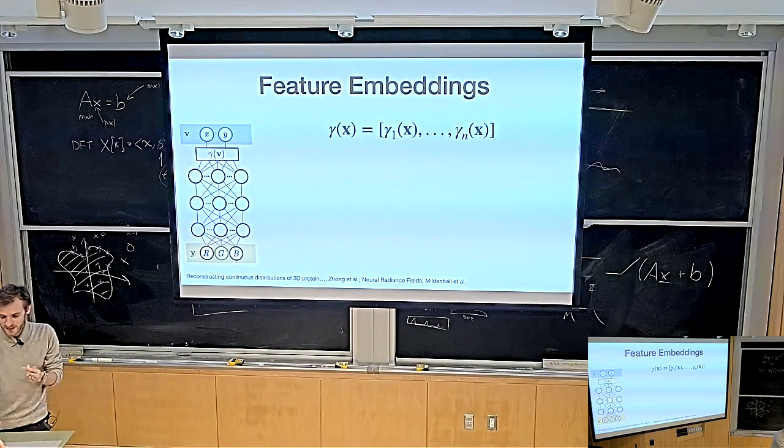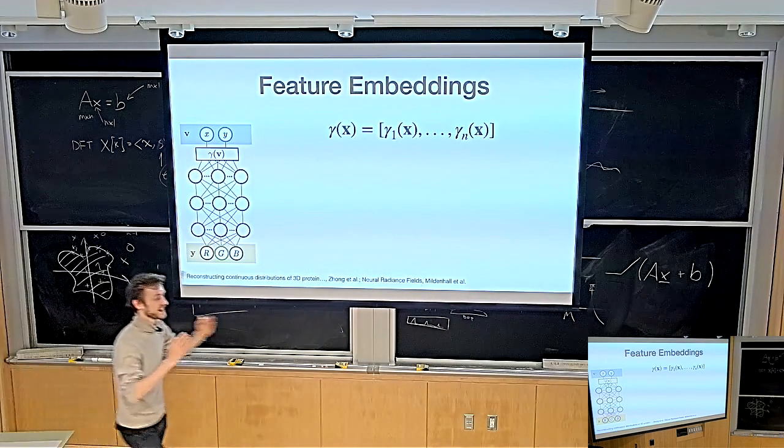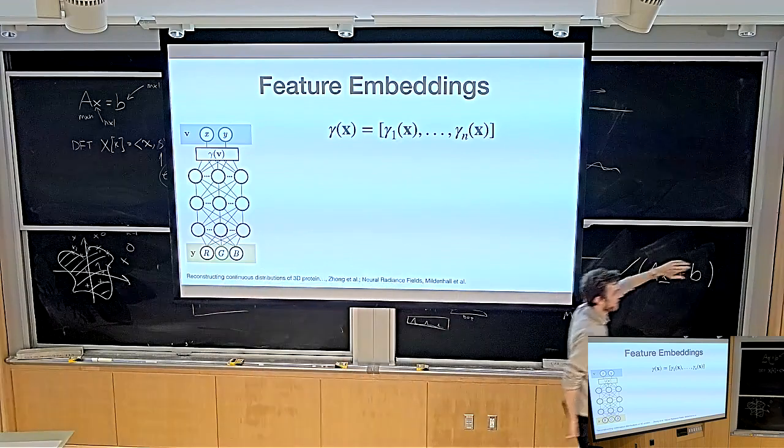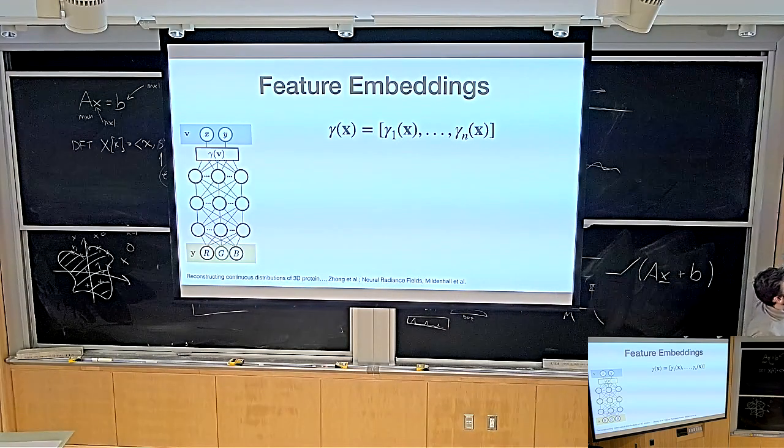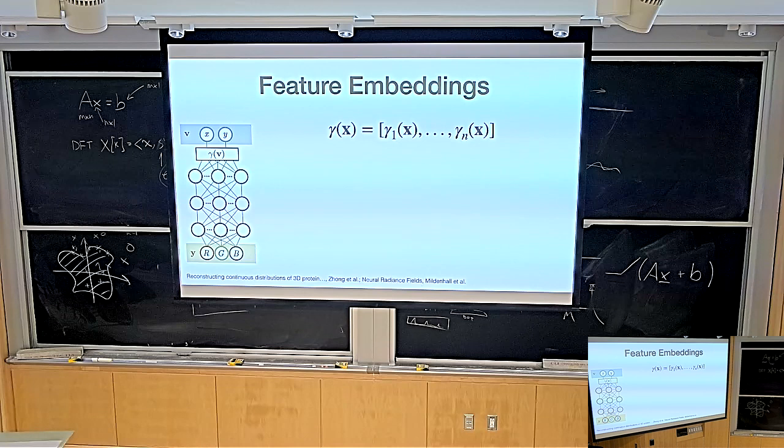But basically, what this paper did back then is they said, okay, let's take a ReLU neural network, but instead of changing all of the weights of the neural network, let's take the input and just apply a mapping to the input, which we call a feature embedding. You might see many neural field papers or many papers that use NeRF talk about feature embeddings for the first layer of your neural network. What that means is you take the input coordinate x, and you just apply some function to x, and you do that many times.